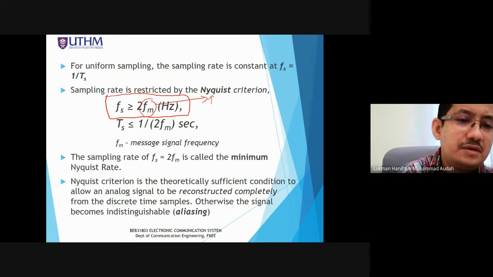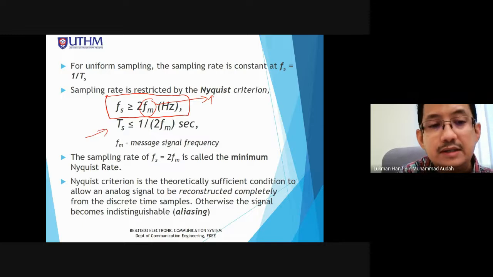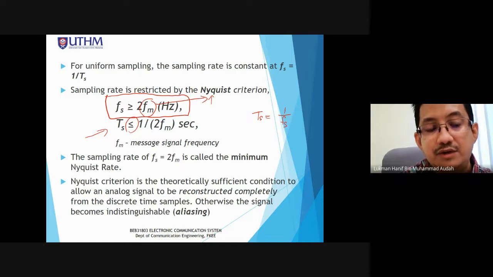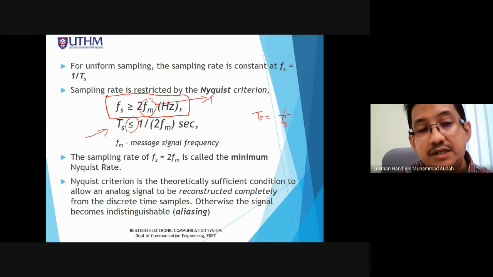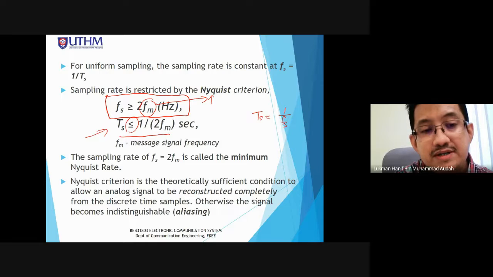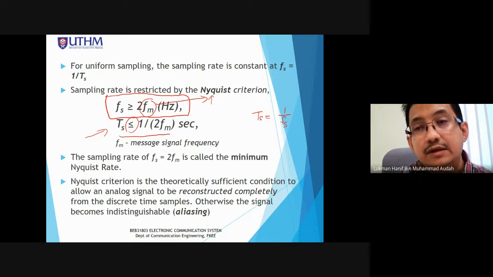So kalau kita tukar kepada sampling time, TS is the sampling time. TS is equal to 1 over Fs. So reciprocal, that means ini sampling time akan menjadi terbalik. Maknanya sampling time itu mestilah lebih cepat daripada 1 per 2 kalikan dengan 1 per Fm. Ini matematik saja. So maknanya sampling time, masa sampel itu perlu lebih cepat berbanding dengan 2 kali ganda daripada masa untuk